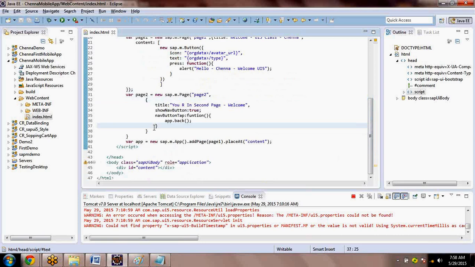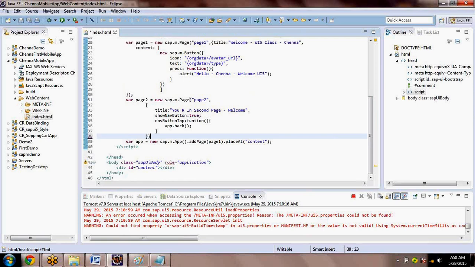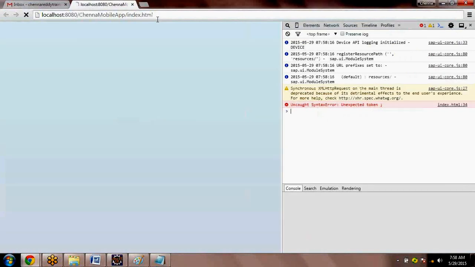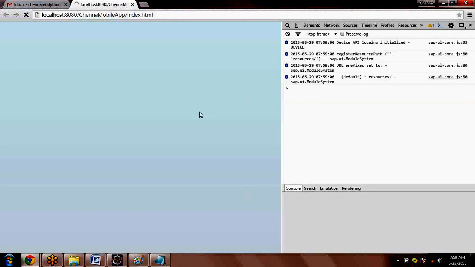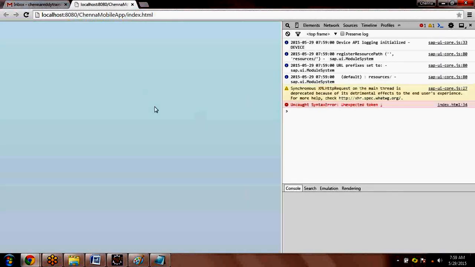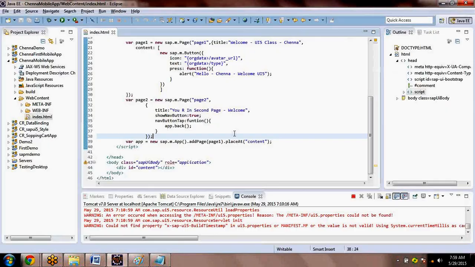Okay, so here is the ending for that, and here is the ending for that, and put a semicolon so that page 2 is ready. Okay. Now you don't see all these things. Unexpected token again. Let's strong refresh.